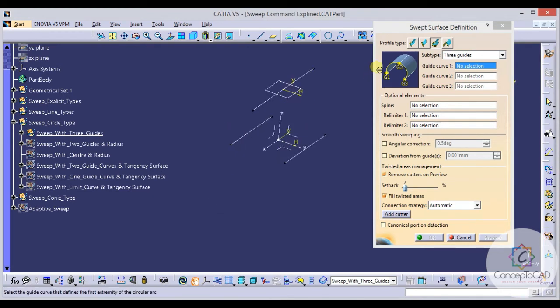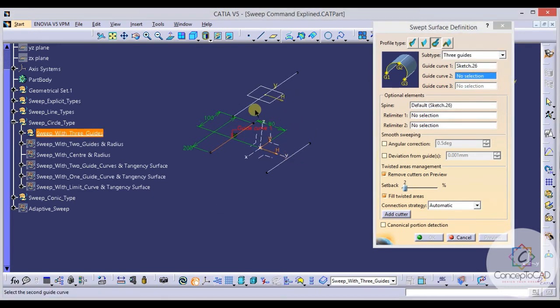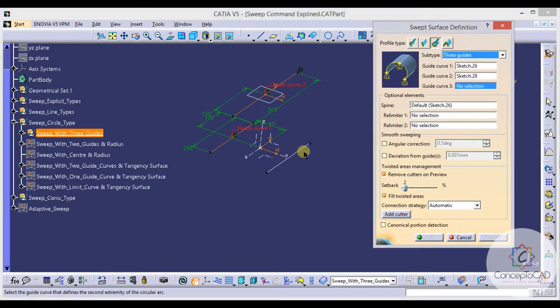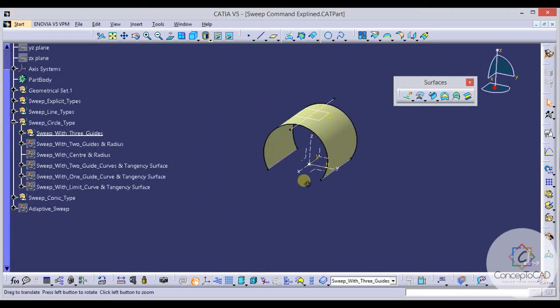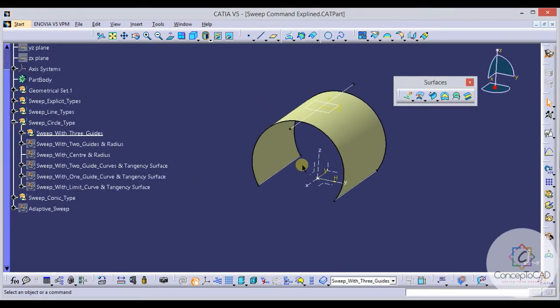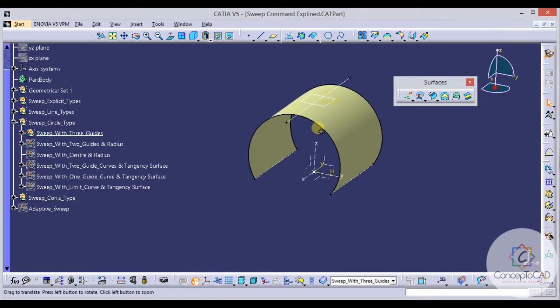As the name suggests, you have to select the first guide curve, then the second guide curve and the third guide curve and click on preview. Click OK. As you can see, a circular profile is created using the three guides and it is tangent to those guides at all the points. So this is used to generate circular profiles using the sections or the